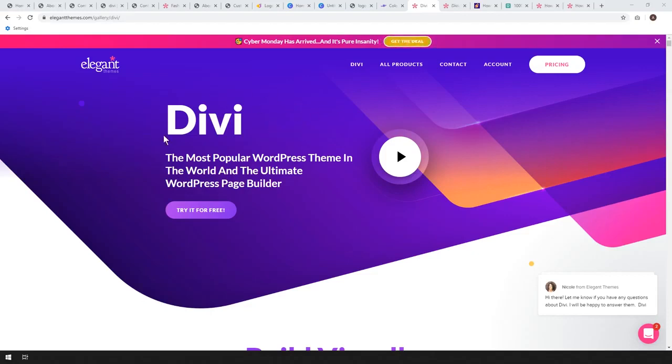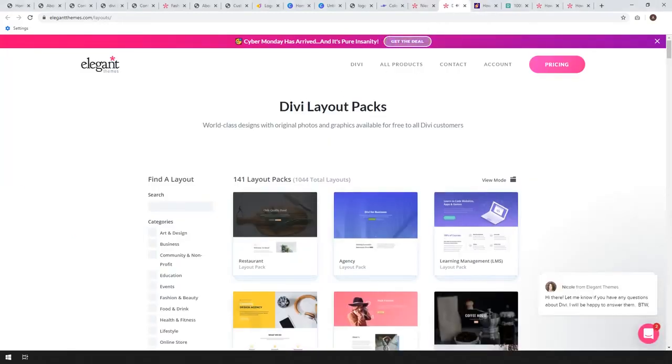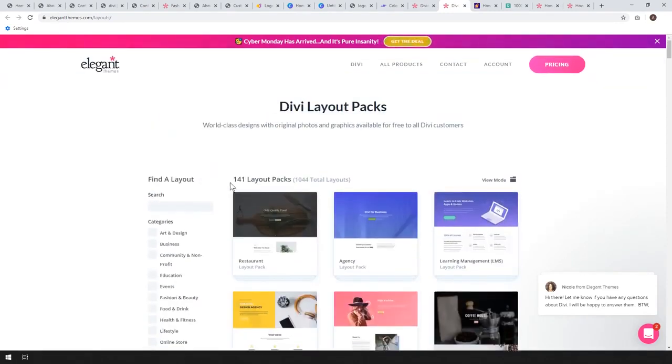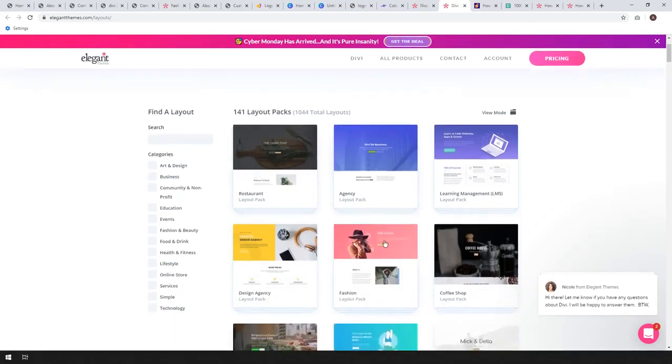So this is a little tutorial and review on this Divi by Elegant Themes. I'm going to run through how to build a basic website using their Divi layout packs. They have lots and lots of designs here. I think they've got 141 layout packs, and these layout packs include